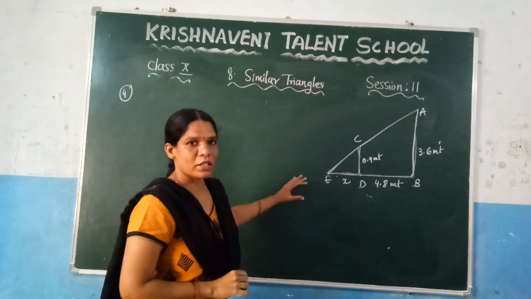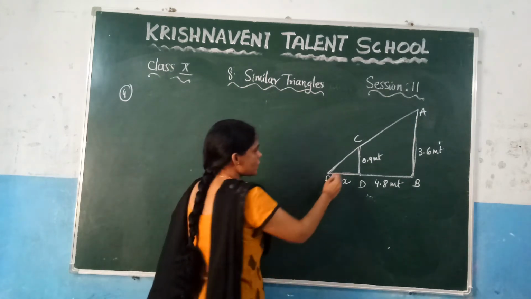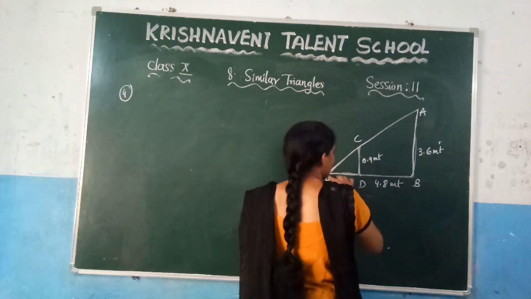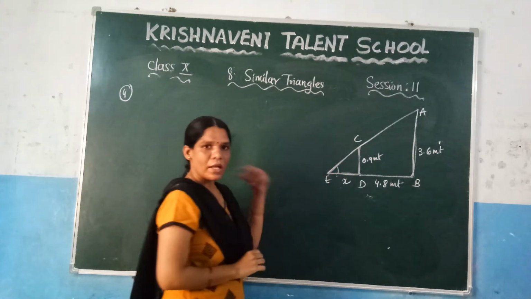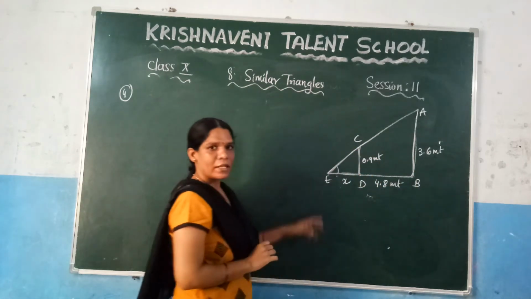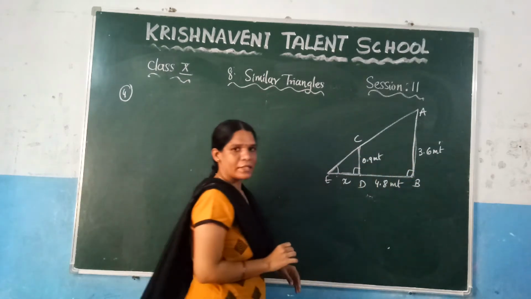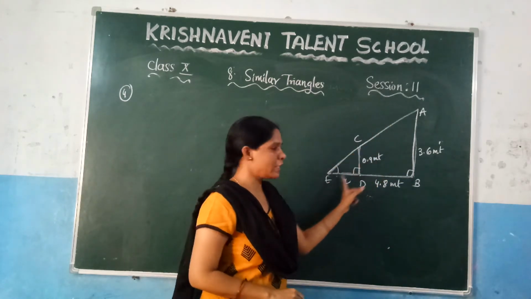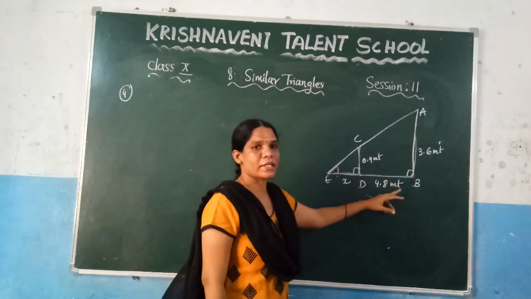So based on this you need to prove that these two triangles are similar. And how do you prove it? If you consider the smaller triangle, angle E is there. Similarly if you consider the bigger triangle, here also angle E is there. What is angle E? Which is nothing but the common angle. And after that you know that the lamp post and the girl's height are always perpendicular to the ground. So this is 90 degrees and this is also 90 degrees. So if you consider this triangle, two angles are equal, and if you consider the bigger triangle, again two angles are equal. And you know that if two angles are equal, we can say that these two triangles are similar.